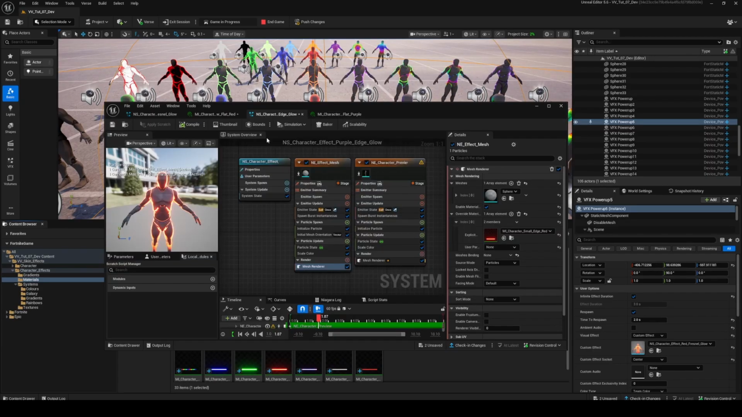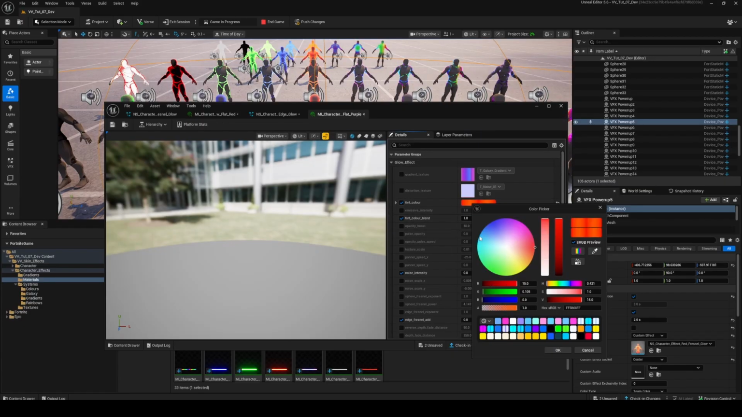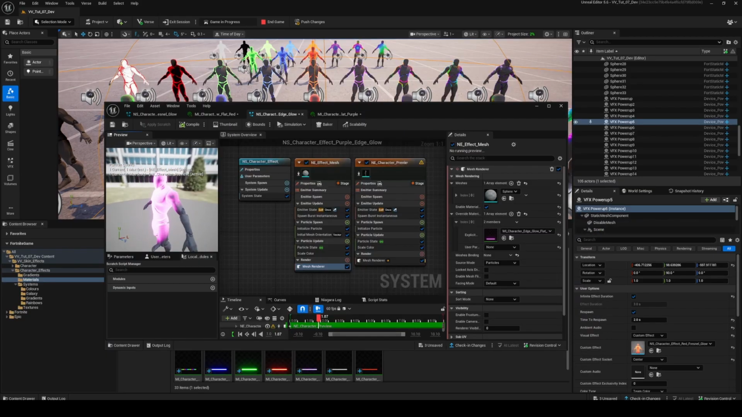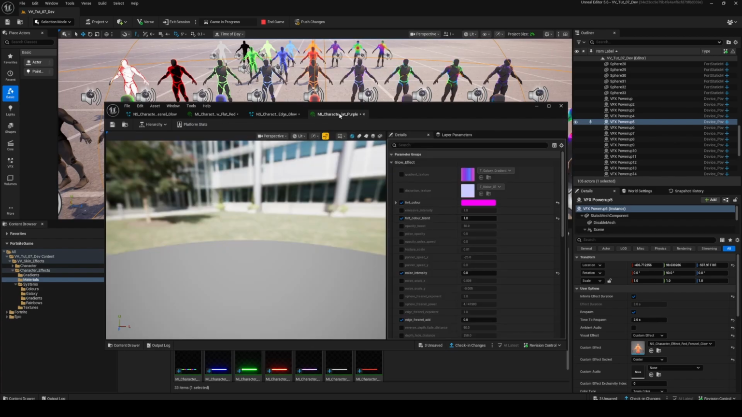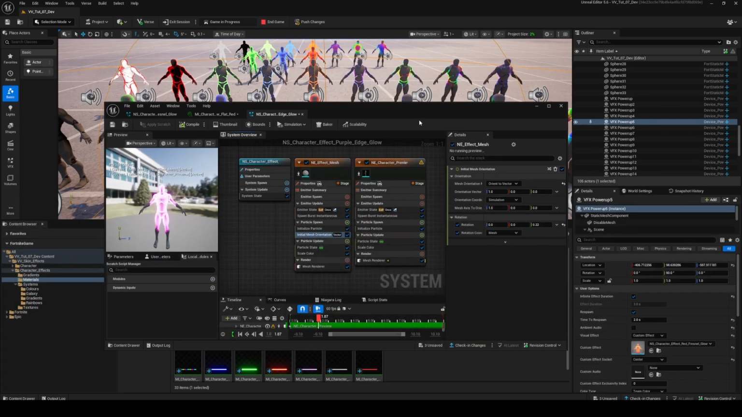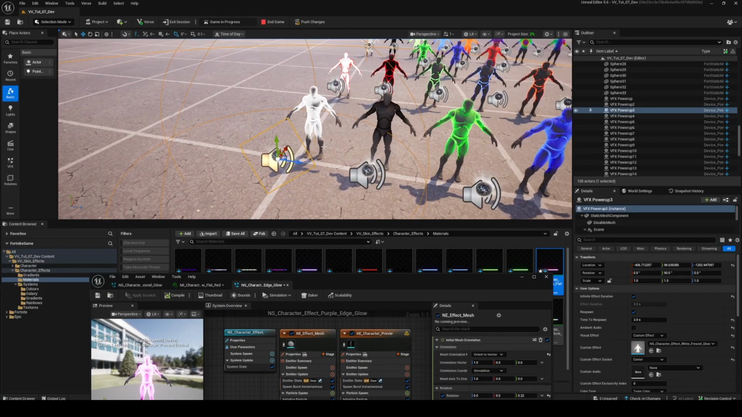Make sure we have it selected in our content browser, and then we'll plug it in, and then on the flat purple glow we can come in and change the color to say purple. Now you see inside of our effect it's changed to purple. So the next thing we can do is we have access to a few different settings. We can preview it inside of the level, so let's just drag off one of these